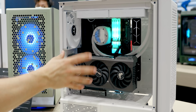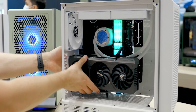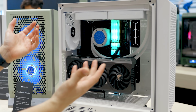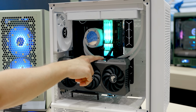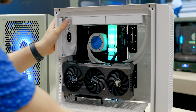So when we look inside, here we have our standard configuration, vertical GPU support. Of course, the Series 300 will come with a standard bracket that you can rotate the GPU without additional accessories. You just have to buy the riser cable. But in terms of cabling, we only have the 12-volt high-power cable, no 24-pin, no 8-pin, and that's because